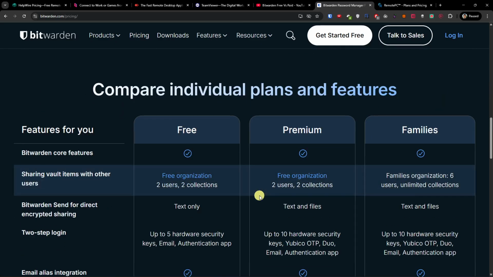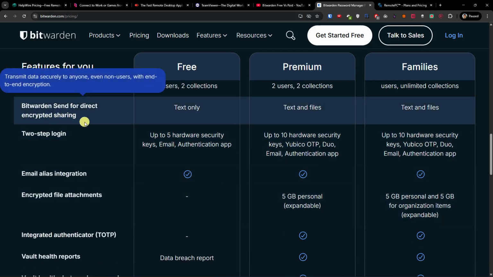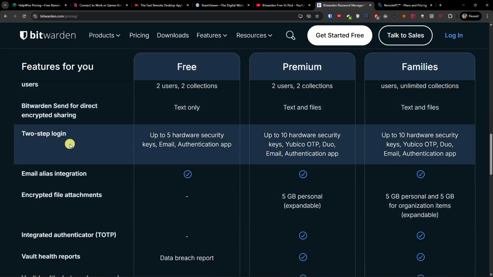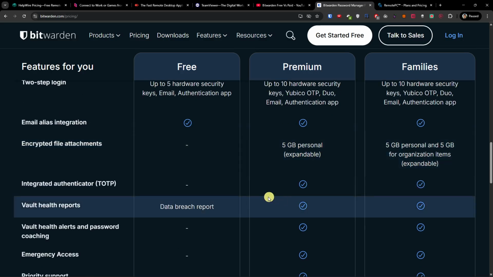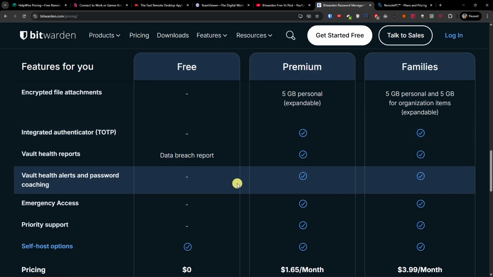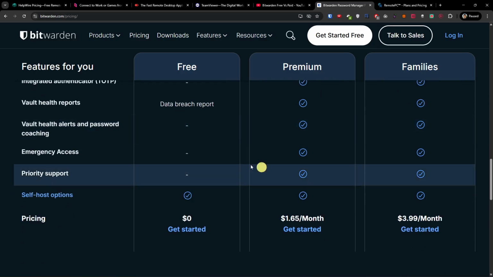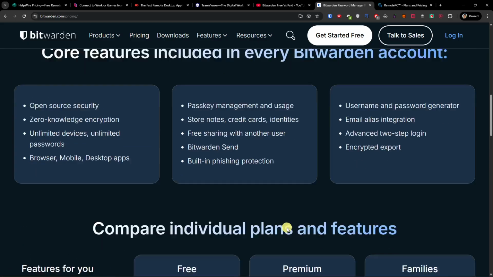So with the premium, you actually have more things, and you see right here. Then you have Send for direct encrypted sharing. You also get files here. You have two-step login, up to 10 hardware security keys, if you actually need that, also the encrypted file attachments, integrated TOTP, maybe you would need that. Also vault health alerts, emergency access, priority support, and the self-host option you get on all plans, and pricing is